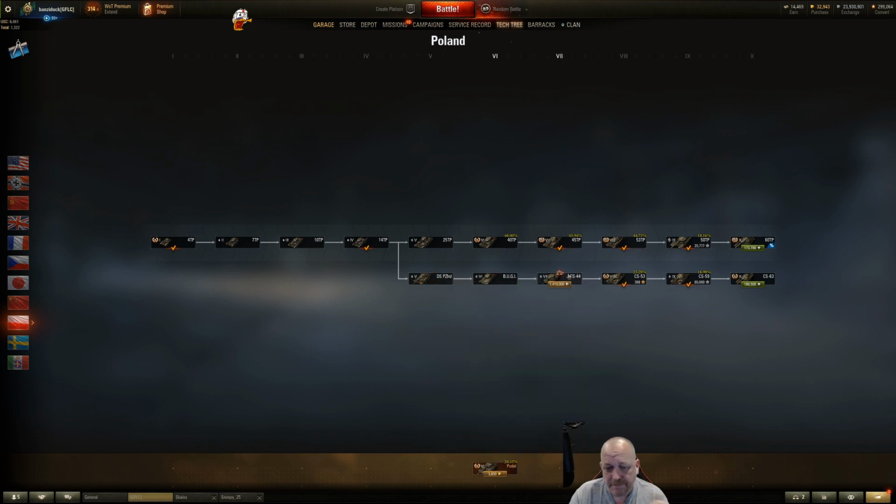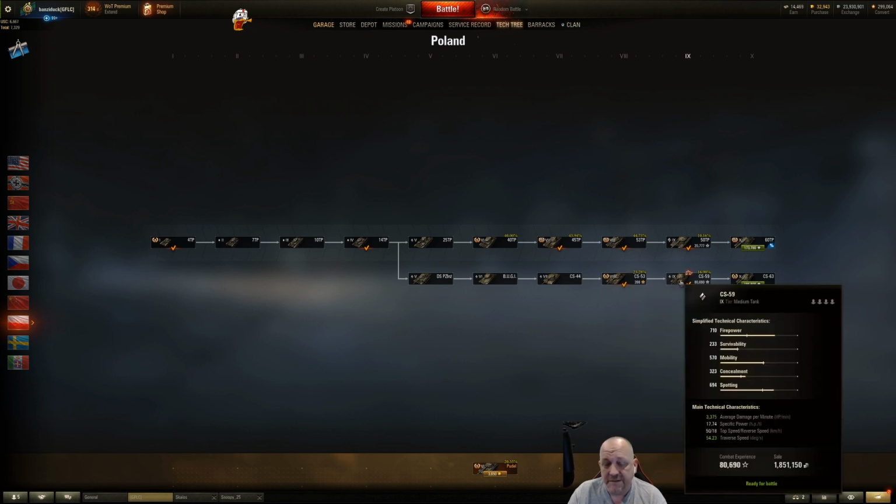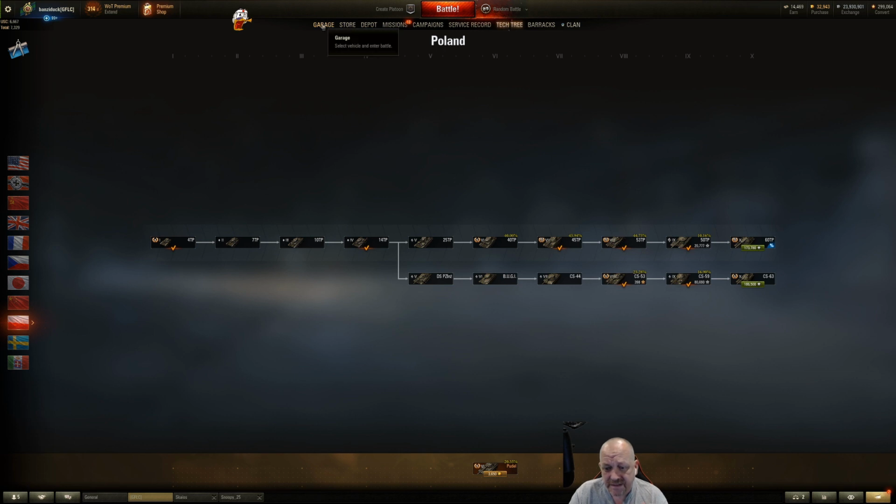I just free experienced my way through these up to the Tier 8. I really didn't have any desire to play the lower tiers, although I do hear the CS-44 is a fun tank, so I might go back and get that one. I started the CS-53, and as you can see, I've already achieved the CS-59. But the CS-53